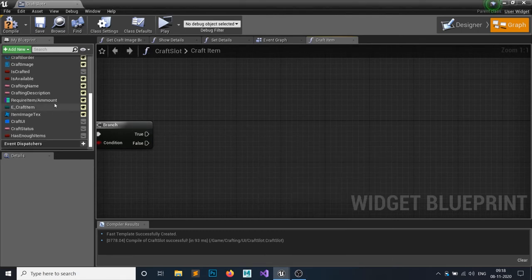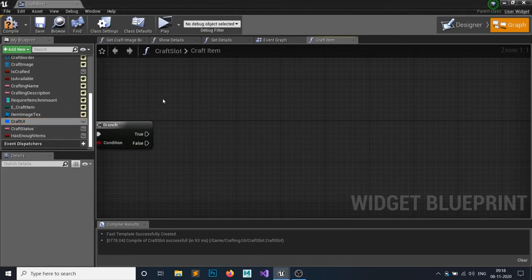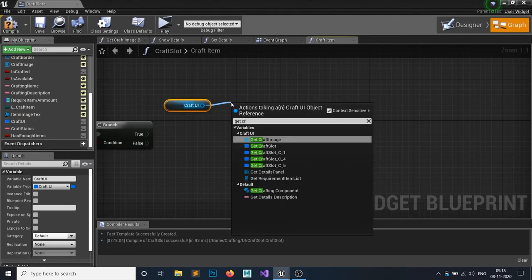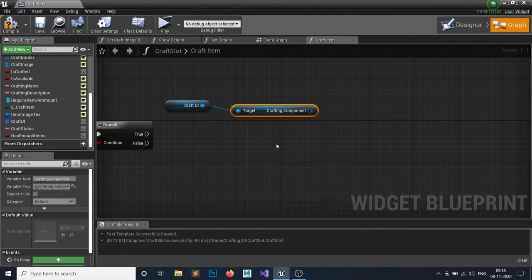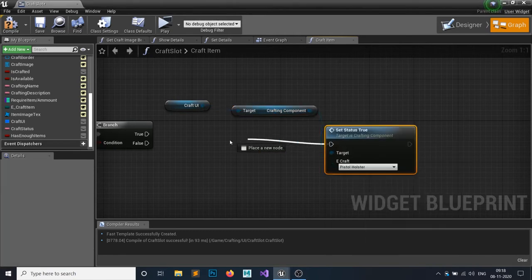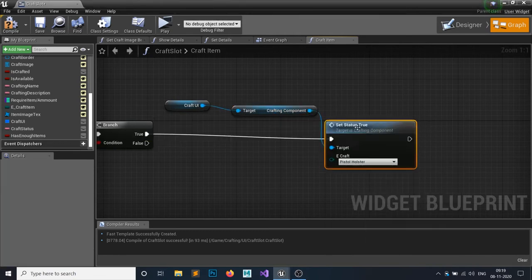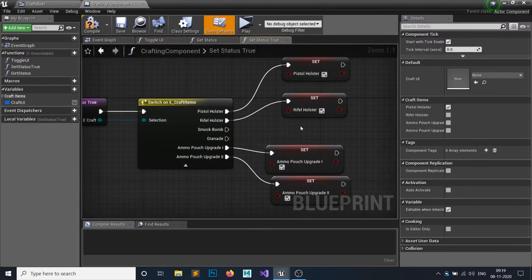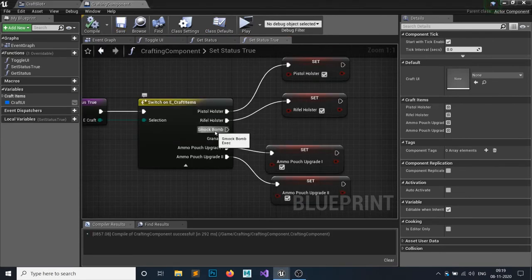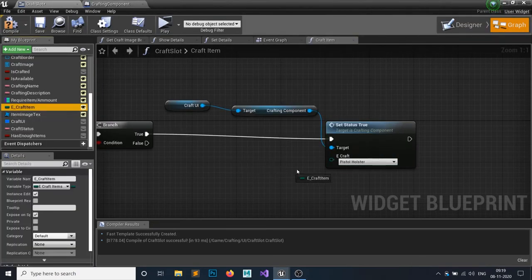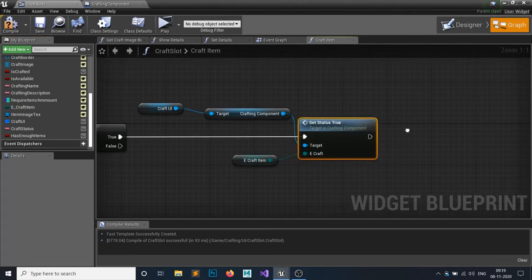So how are we going to craft that? If you remember, we have the crafting UI and we have that crafting component, this one. So we're going to set status to true. The function we have made simply sets the status to true. Make sure all are true. And smoke bomb is not going to be true because it's crafted again and again. Okay, the e craft should be the enumeration, this one. So this should be set to true.